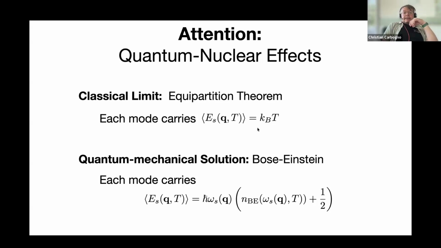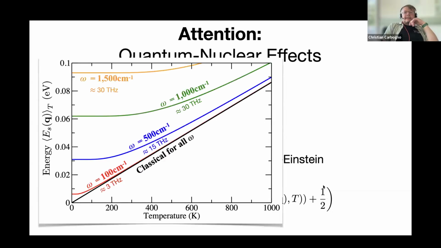If you, however, think about the quantum mechanical solution of this problem, you get a Bose-Einstein distribution. Then each mode carries an energy of h bar omega times the Bose-Einstein population plus 1/2, where this 1/2 exactly describes the zero-point motion. To better understand it, let us look for a second at how this energy for each mode depends on the temperature. In the classical limit,